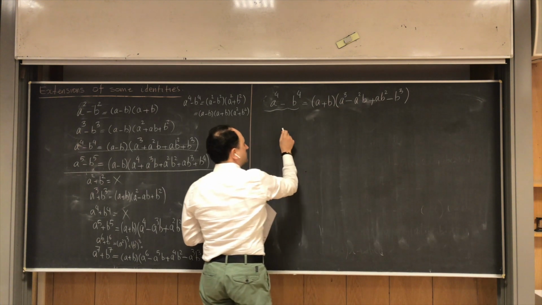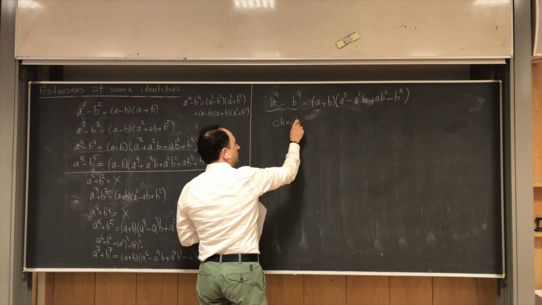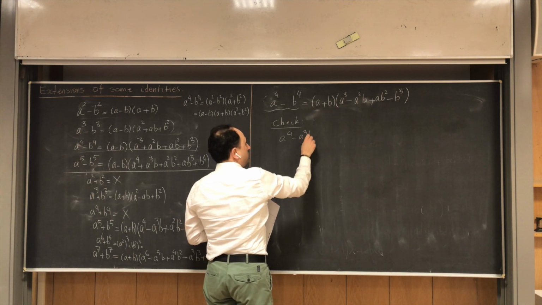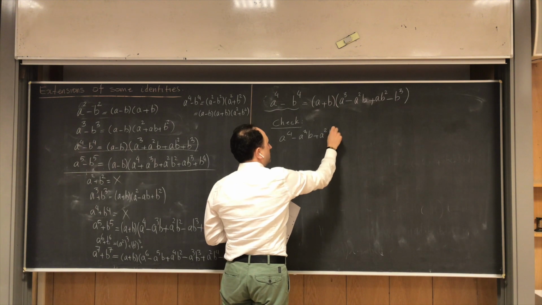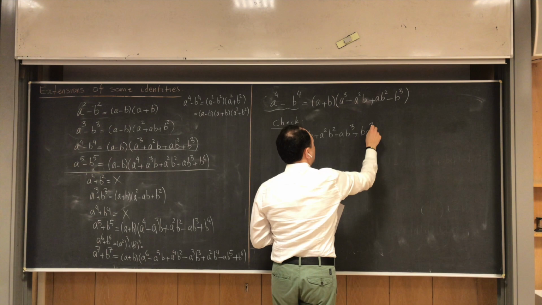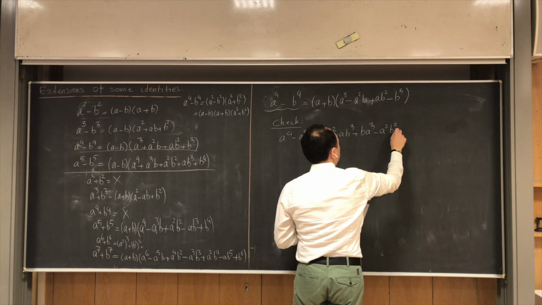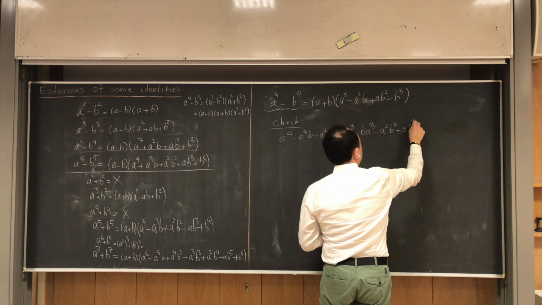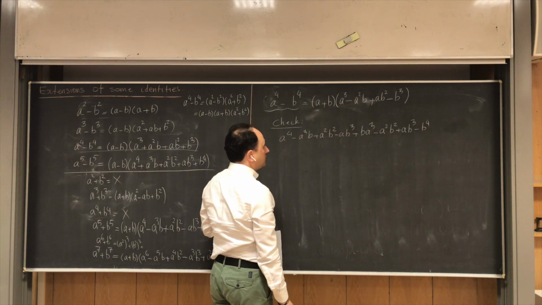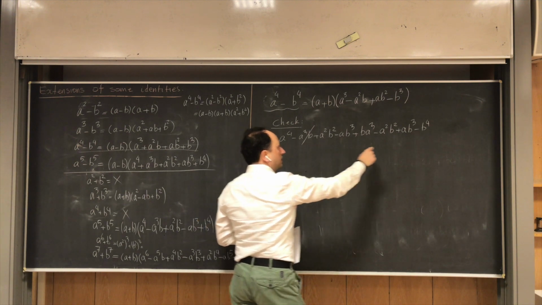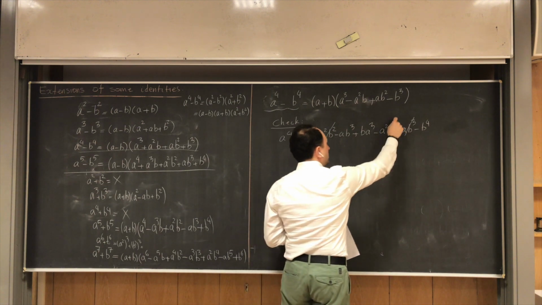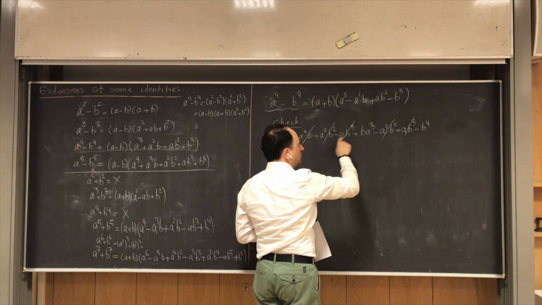Okay, so if I want to start, I can start from the right hand side. You multiply this inside, so checking. I multiply this inside, so it becomes a⁴ minus a³b plus a²b² minus ab³. And then finally you multiply that, ba³ minus a²b² plus ab³, yes, minus b⁴. And let us see, hopefully that everything is going to work. Yes, this one and that one are opposite, they cancel. a²b², positive, negative cancel. ab³,